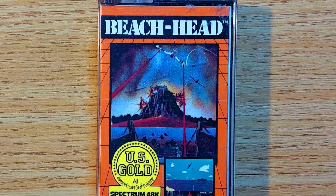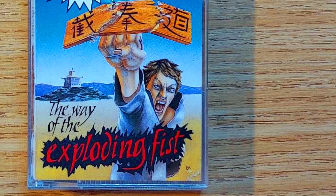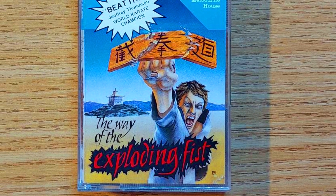Classic 80s gameplay that is also multi-level. The Way of the Exploding Fist. Now this game is the granddaddy, or one of the granddaddies of all fighting games. And for me, playing this on the ZX Spectrum, I had to use 9 keys on the keyboard to be